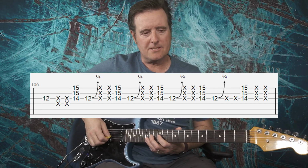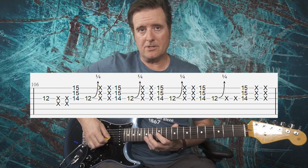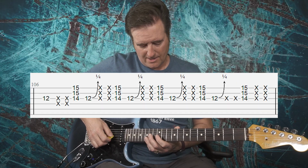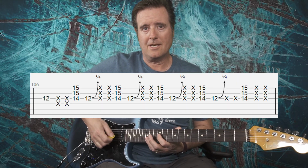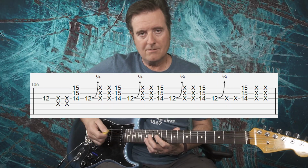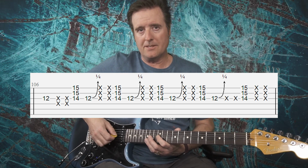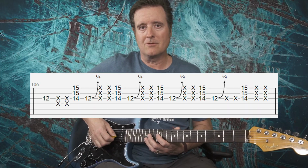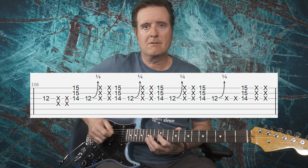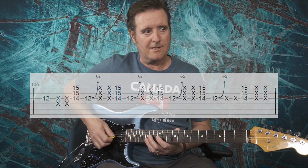So the whole measure slow. Continuing into measure 106. So we've got the G12 we start off with, 2 strums, muted, and then we've got that chord again, and then just going back to the 12, 2 muted strums, and then back to the chord, back to the 12 with a bit of bend, and you just kind of repeat that to the end. And when you get to the end, it's 12, and then the chord, and then 2 muted strums. So we end that off. Let's do that whole thing slow, 106. And then the speed is like...